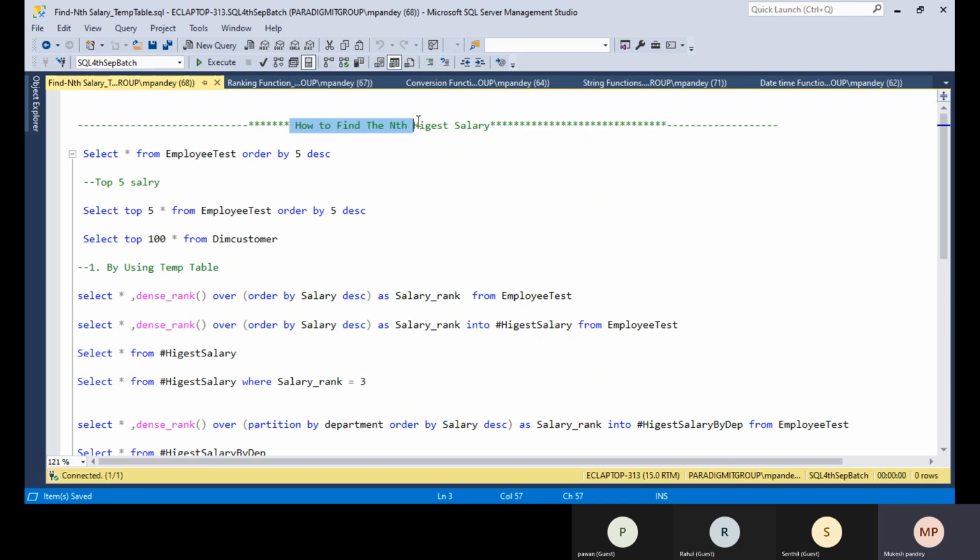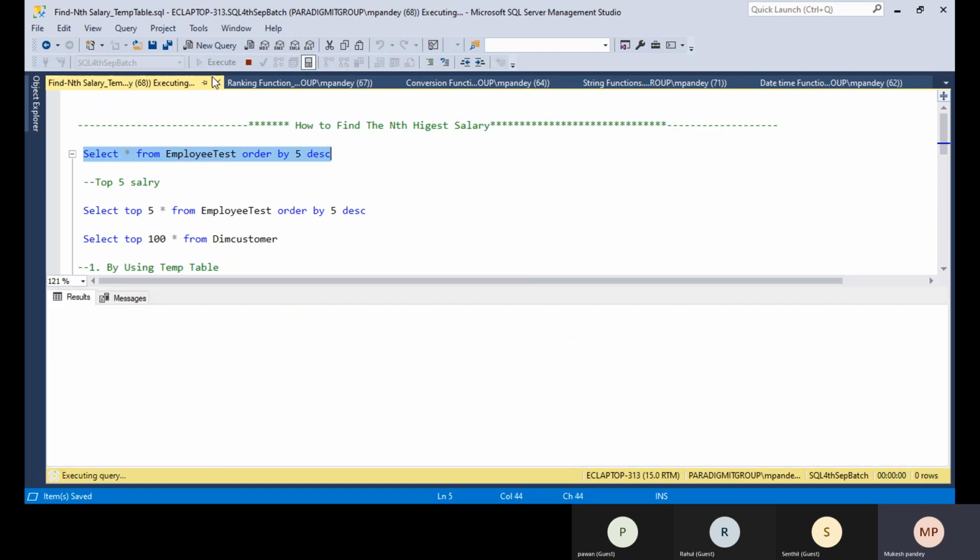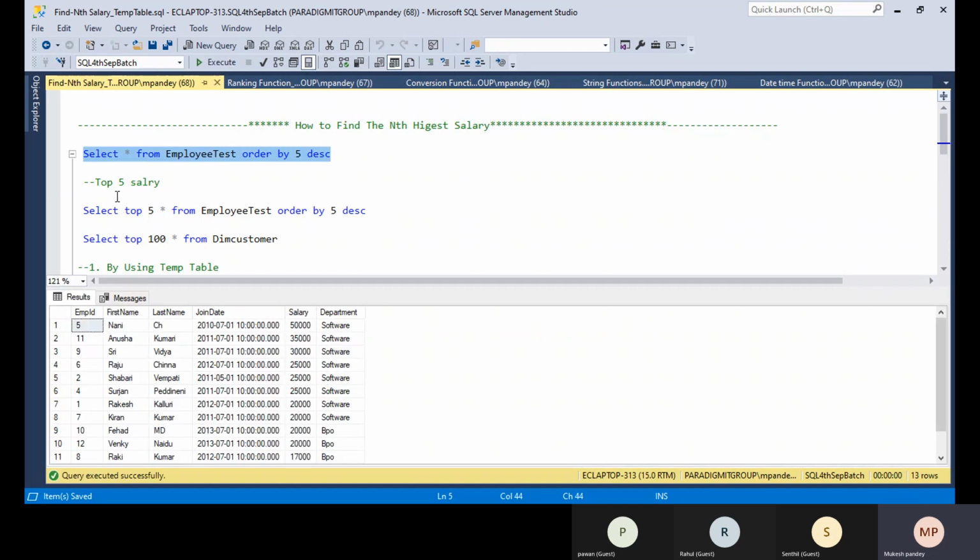So how to find the nth highest salary? Before starting, I'm giving you the concept of the top clause. The top clause is basically used to retrieve the top records. Top 100 records, top 2000 records, top 5 records. If you execute this code, we have a total of 13 records, but I don't want to display all 13.